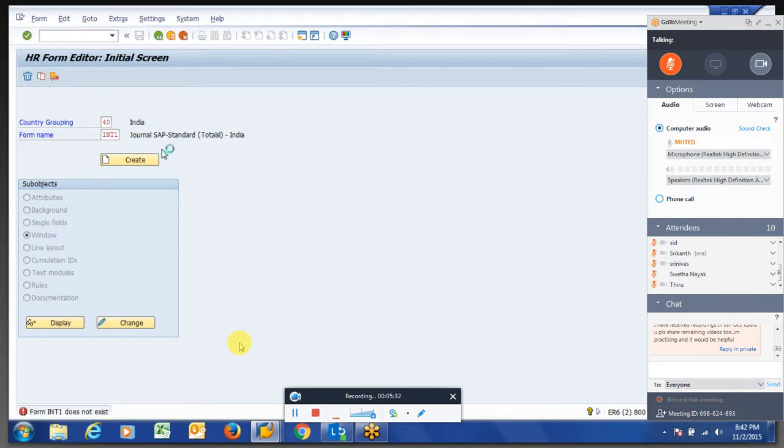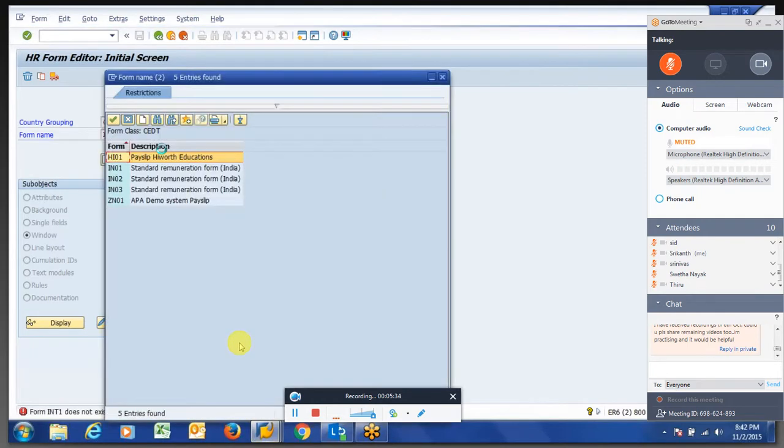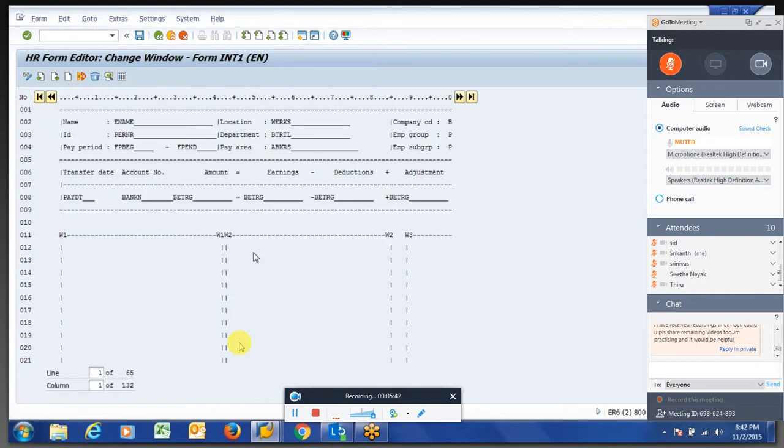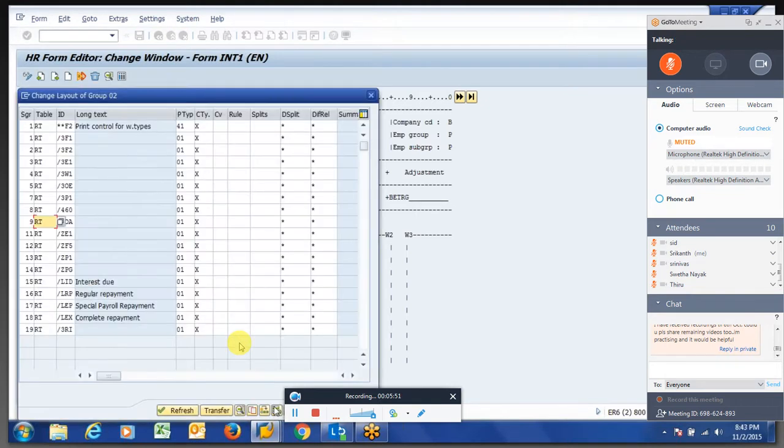So I think 99. So for international, in the window 2, we are going to add a new line. Let's say 10.